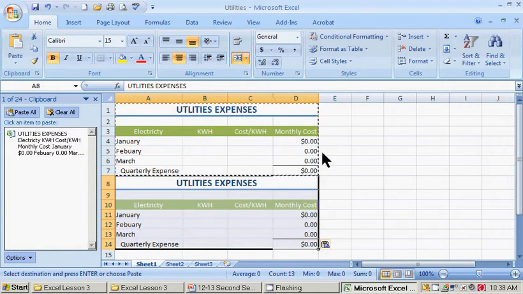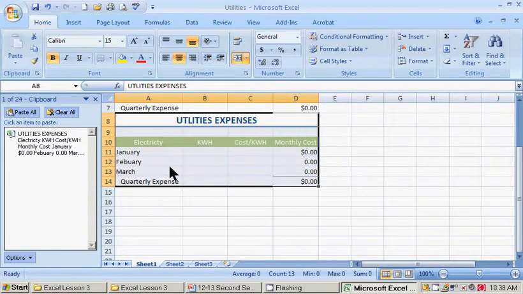To remove the little marching border, press the Escape key and it will turn that marching border off. Or sometimes you can just click on another cell and enter data and it will do it. But most of the time I just press the Escape key to turn it off. Now that we copied and pasted,